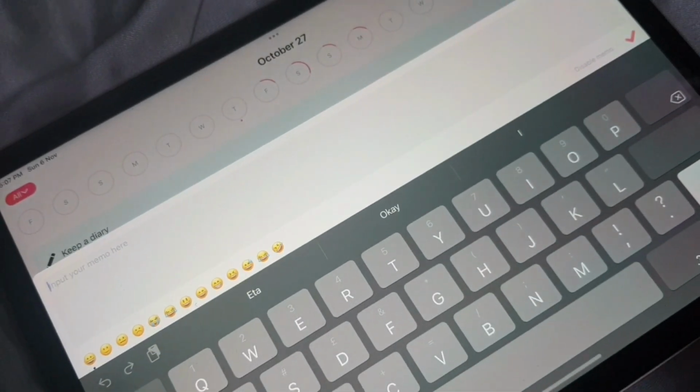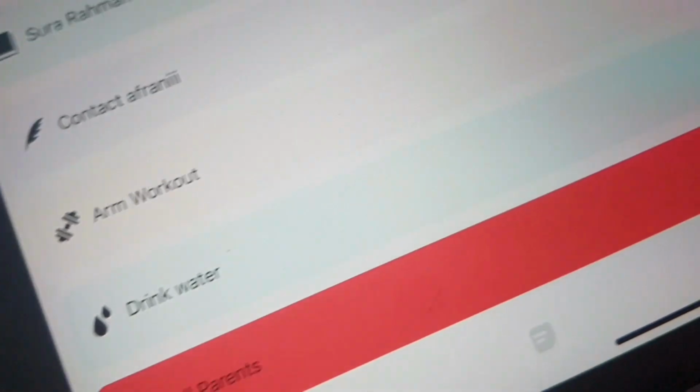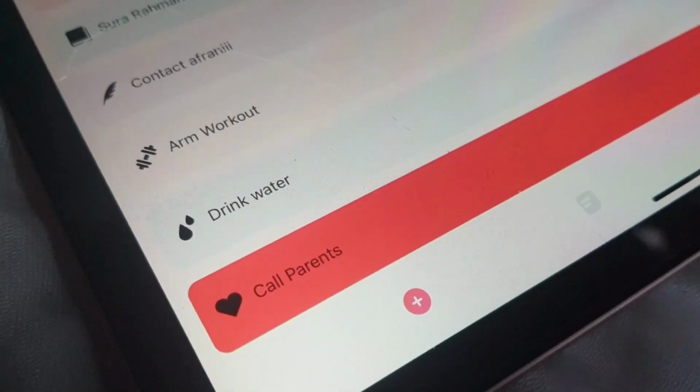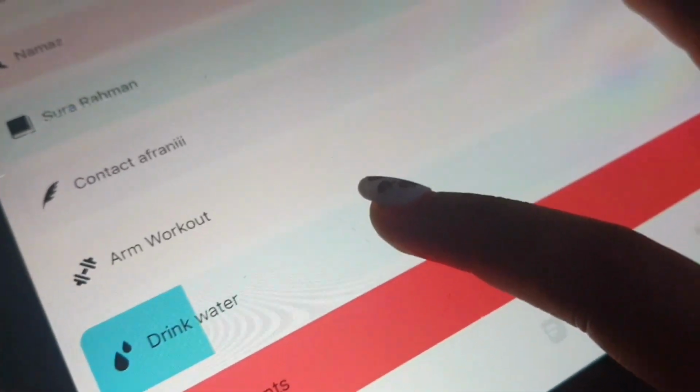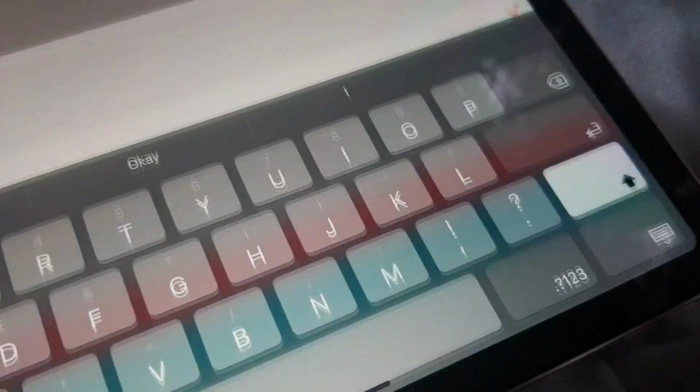So when I swipe it, it shows me half if I've done it once. Let me show you another example. I am very bad at keeping track of my drinking water habits. I have a very bad habit of not drinking water the whole day, so I have to keep track of that. When I swipe through the log, the meter increases till it reaches 2000 milliliters, and that way I can keep track, and it gives a sound,